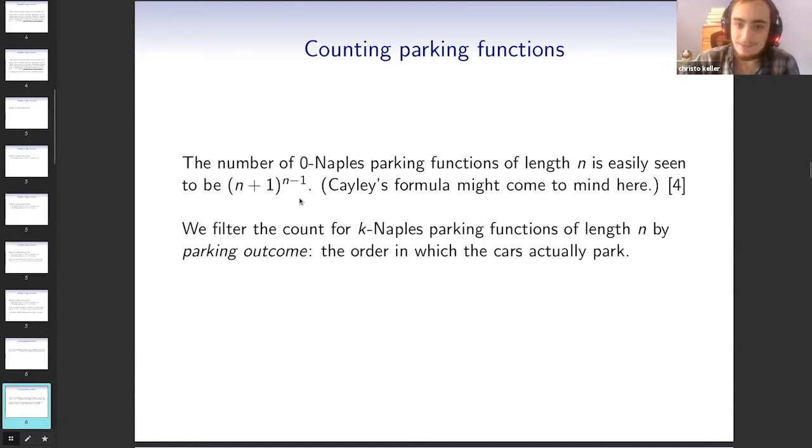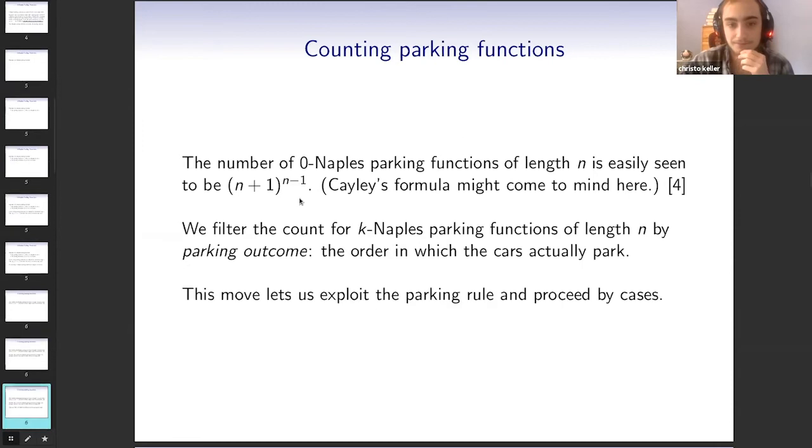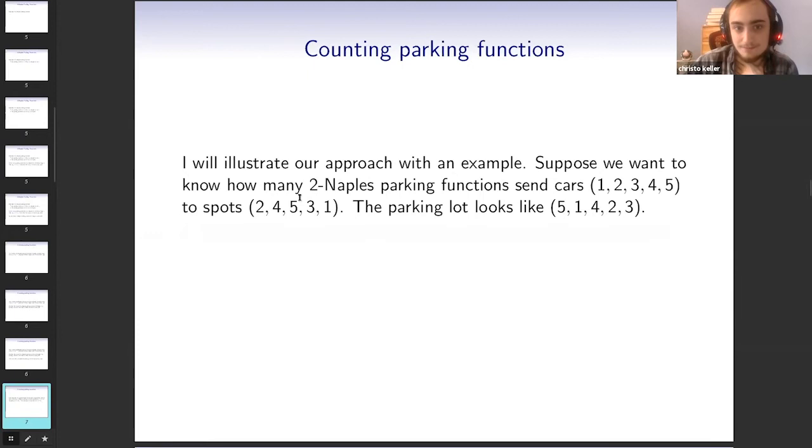So instead, we count the parking functions by taking the sum and splitting it into all the different orders the cars could park in. And then we're able to just analyze what's going on by cases. So for example, if we want to count the number of 2-Naples parking functions that end up like this: car 5, car 1, car 4, car 2, car 3,